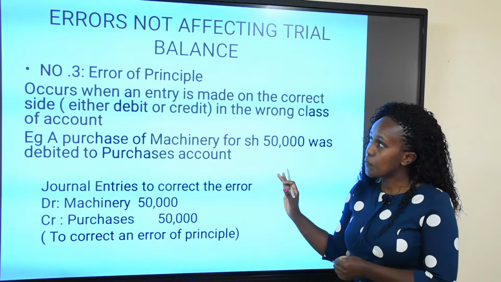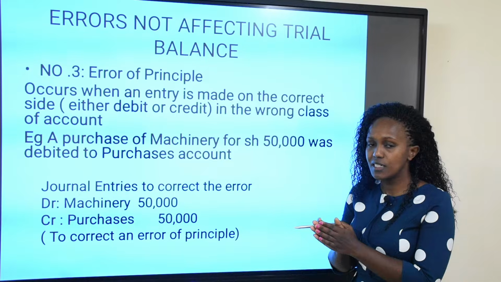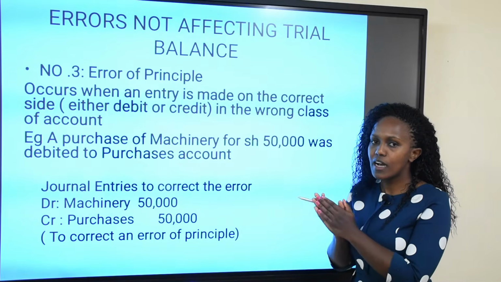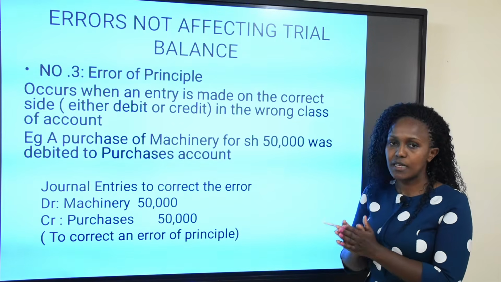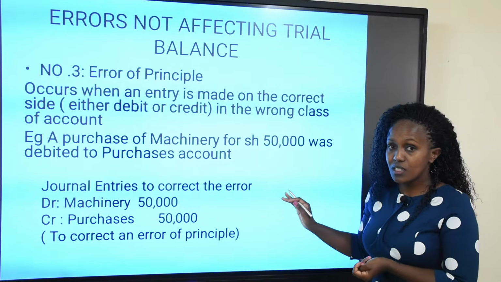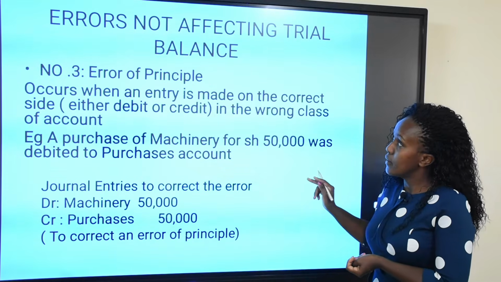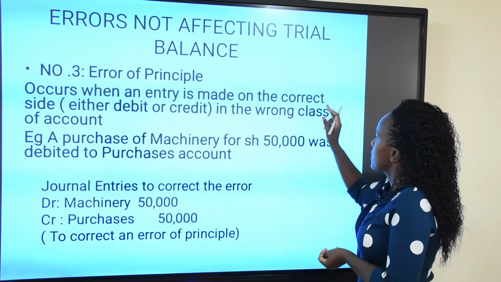So again, we have said that this error occurs when you debit or credit correctly, but in the wrong account, and this account is not of the same class. So again, it results from lack of knowledge, maybe in accounting, or just contradicting the principles. All right, the next one